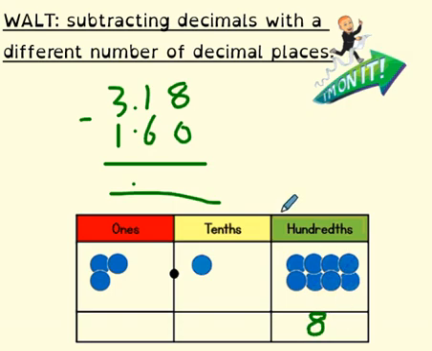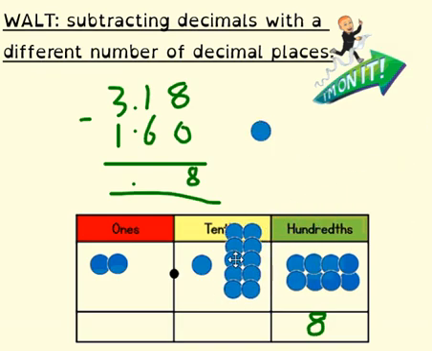Second part of the calculation, looking at the tenths column. It's asking me to do 1/10 subtract 6/10. I can't do that very easily, so I need to perform an exchange. So I need to exchange one of these ones here, and in exchange for that one, I'm going to replace it with 10 tenths. 1 whole, go back to that 100 square, 1 whole is the same as 10 complete